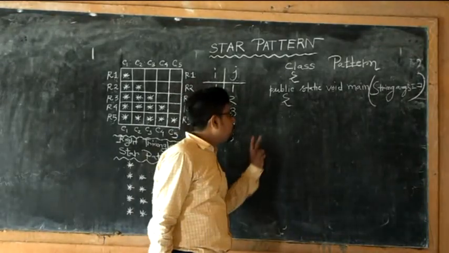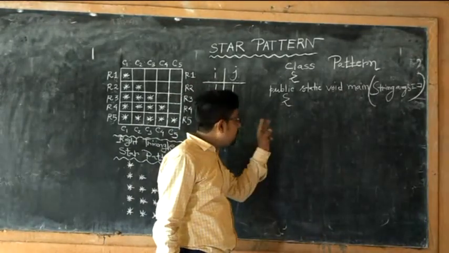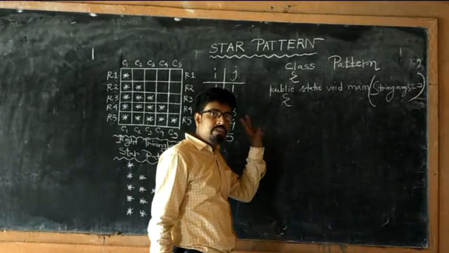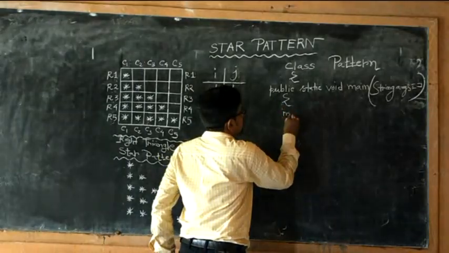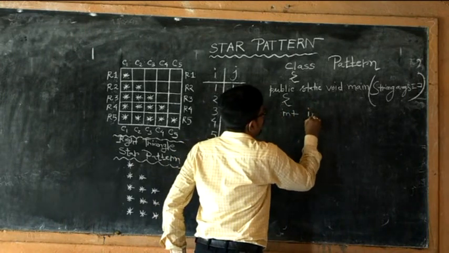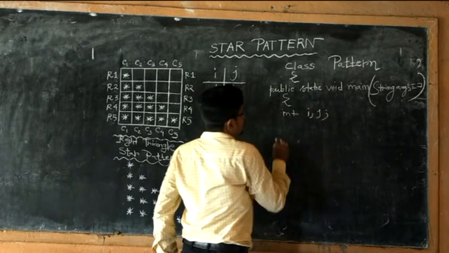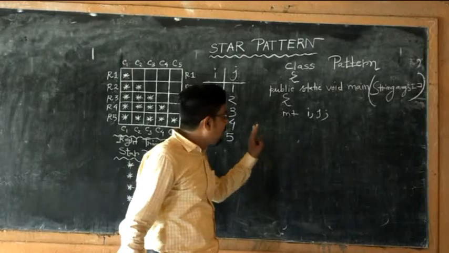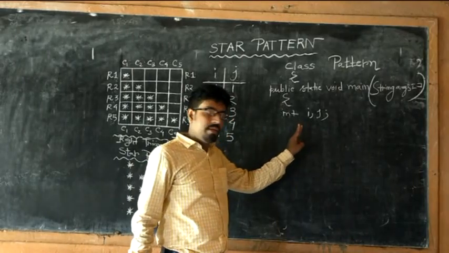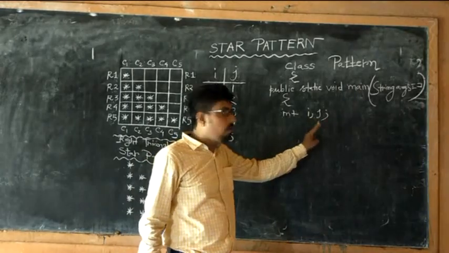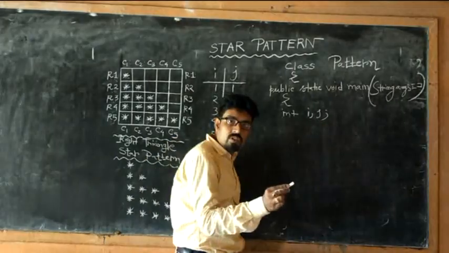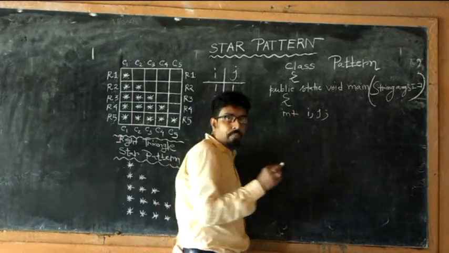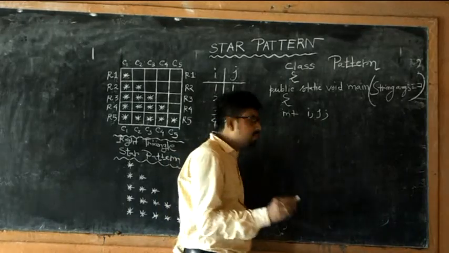Now I am going to do the declaration. I am going to declare two integer variables, i and j, here: int i, j semicolon. The two variables for the loops I have already taken here, namely i and j. i is for the outer for loop, j is for the inner for loop. i is used to print the row number, j is used to print the column number. It's clear, students?